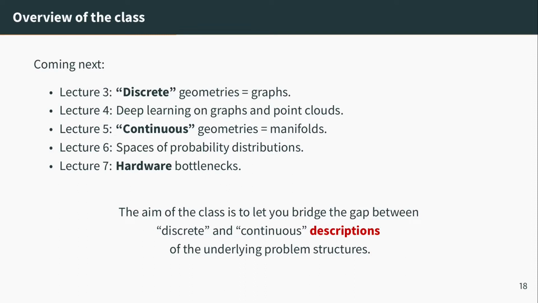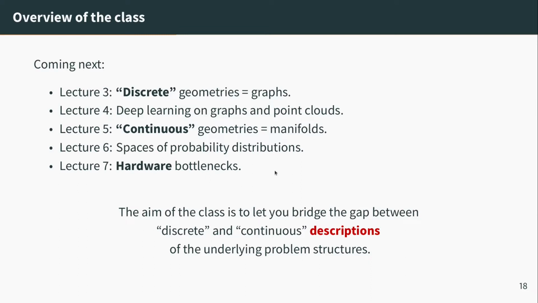And finally, in lecture 7, last but not least, I'm going to talk about the hardware bottlenecks, the software implementation issues that force us to study some kinds of algorithmic structures over others. Even though it's not theoretical mathematics or pure geometry, it's very important to understand the computers that we have to understand where the research is heading. Because at the end of the day, we are interested in methods that are scalable. But that's kind of an exception.